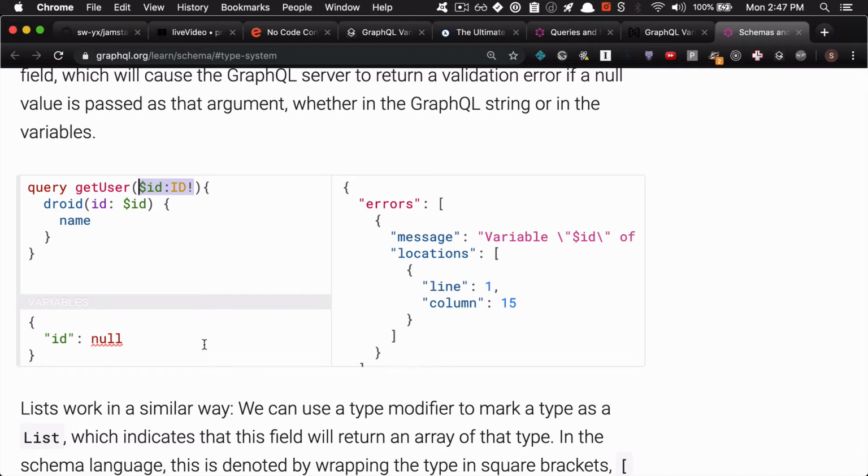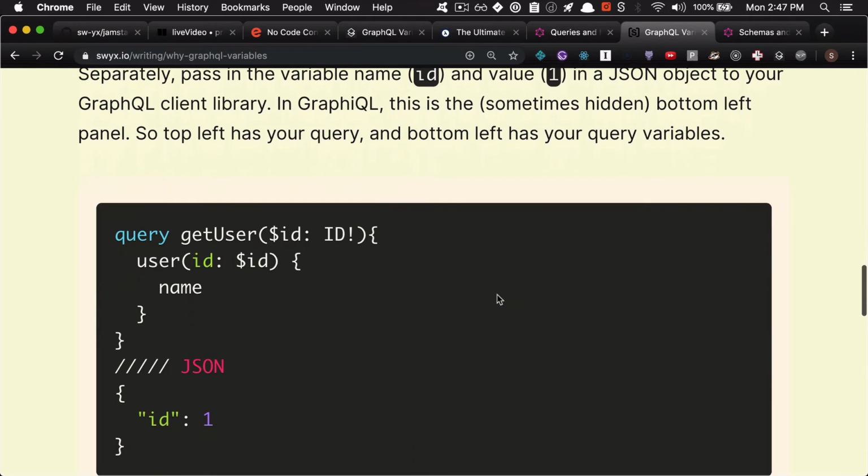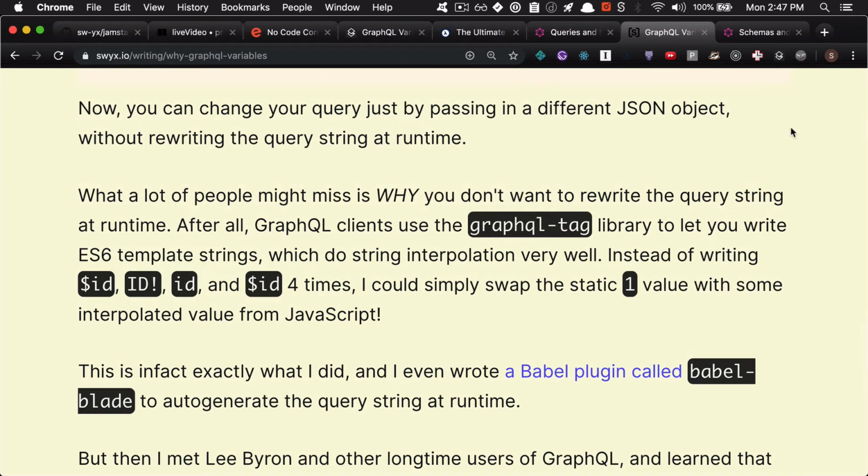Third and final step, you separately pass in the variable name, ID, and value, 1, in a JSON object to your GraphQL client library. In graphical, this is the sometimes hidden bottom left panel. So just to recap, top left has your query, which doesn't change, and bottom left has your query variables, which does change. Now, you can change your query just by passing in a different JSON object without rewriting the query